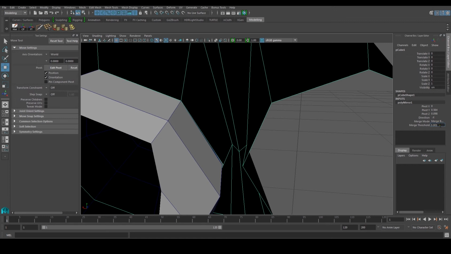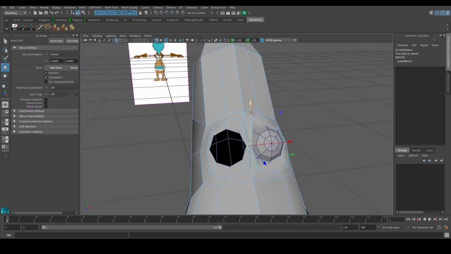Okay, so for my case, I need it to be 0.001 because both of these guys were still stuck together. Because these vertexes over here, everyone was too close together, Maya wasn't sure whether to put them together or separate them apart. So if you find yourself asking why are they becoming like one vertex, just make sure you have a very small number over here, 0.001. Then with that, you can just snap this guy over here. When I create my new sphere, I can snap that guy as well.